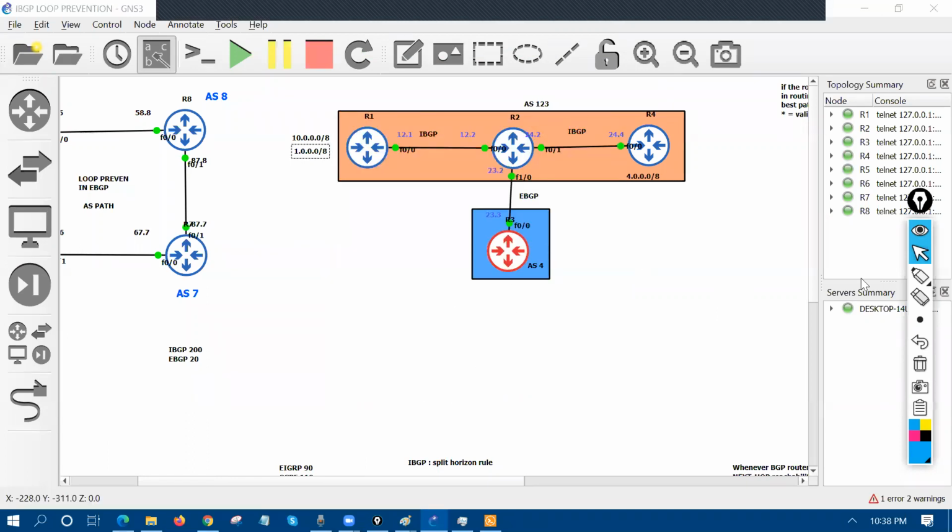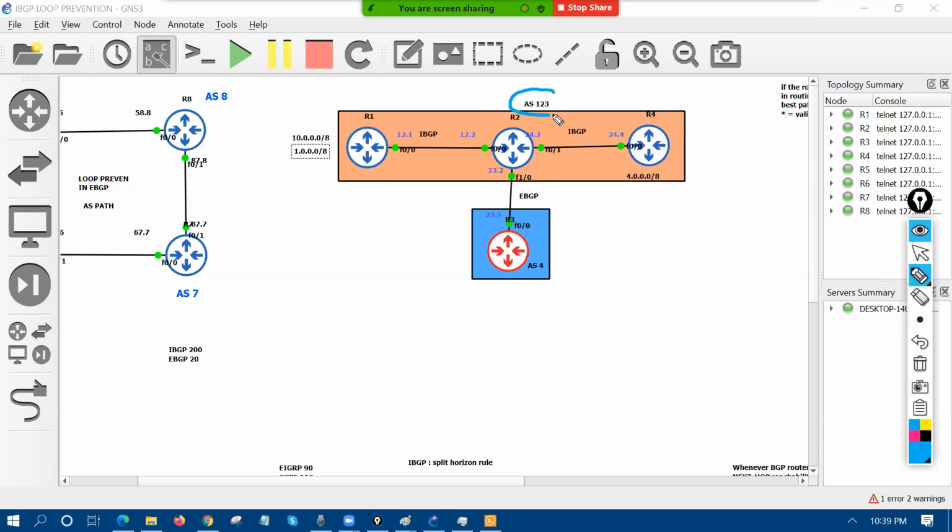Now, if you see this topology, we have router number 1, router number 2, and router number 4. All these routers 1, 2, and 4 belong to AS number 123. We can say that between R1 and R2, and R2 and R4, we are going to run iBGP. Whereas between R2 and R3, we are going to run eBGP. Why? Because this one is AS number 123, and this one is AS number 4. Between two different AS numbers, we run eBGP. Now try to understand